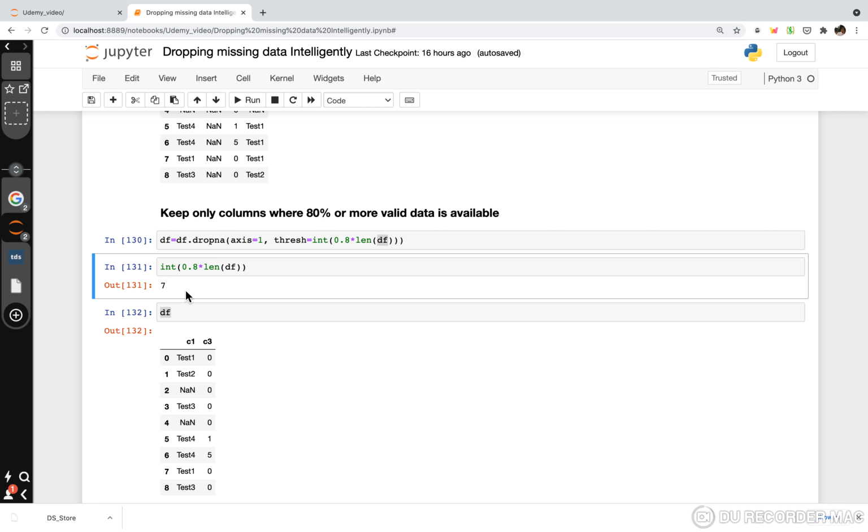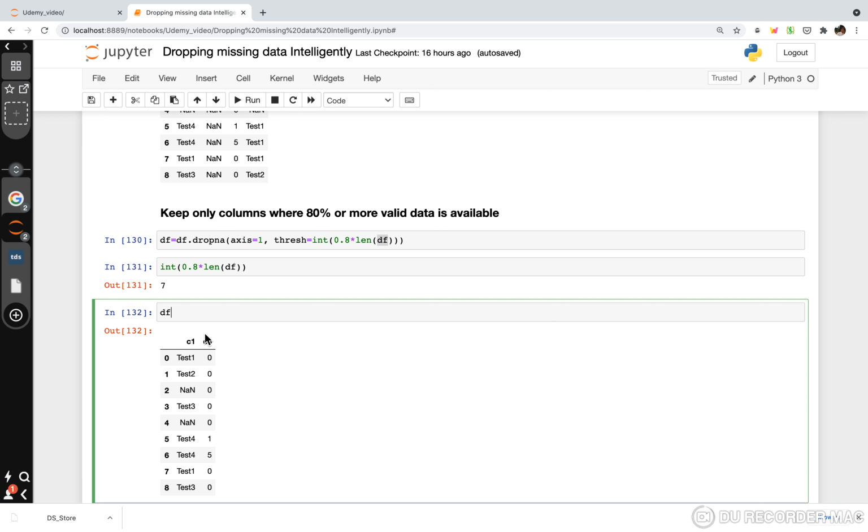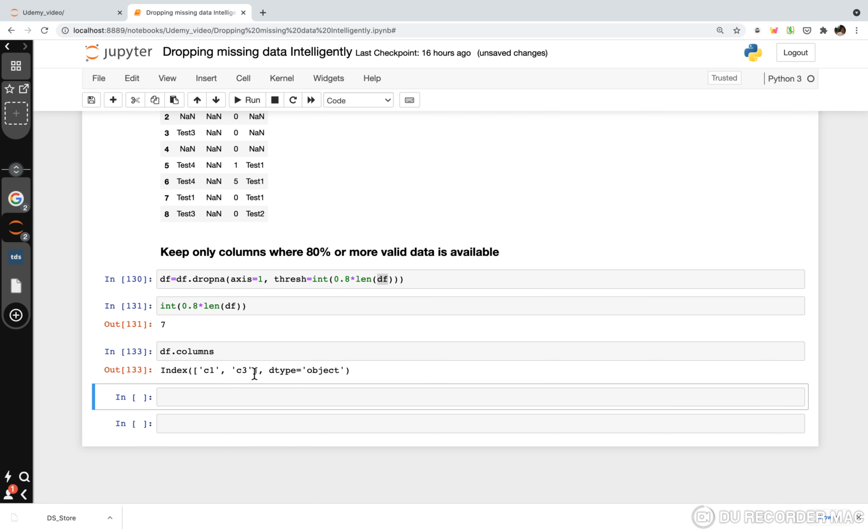You can use this methodology in your data set to check the columns for valid values. For example, if I run it at around 80%, I can see only two columns are selected.